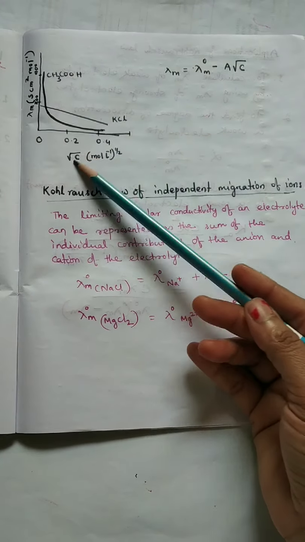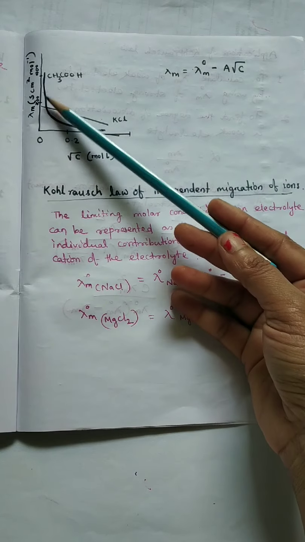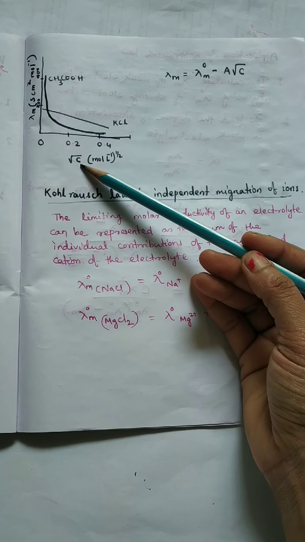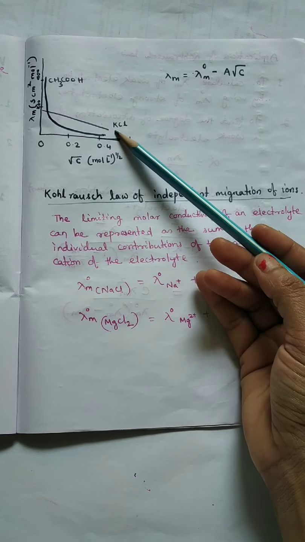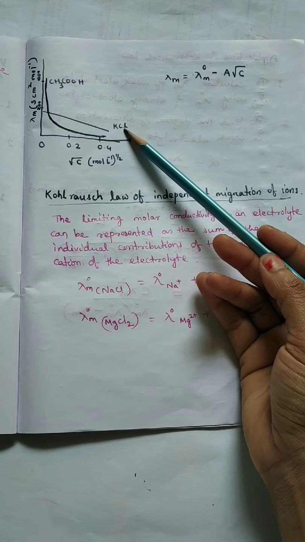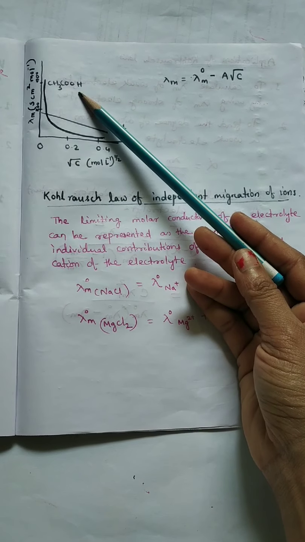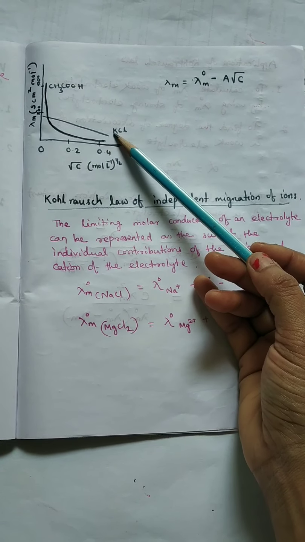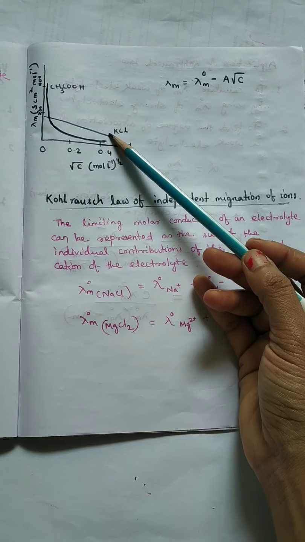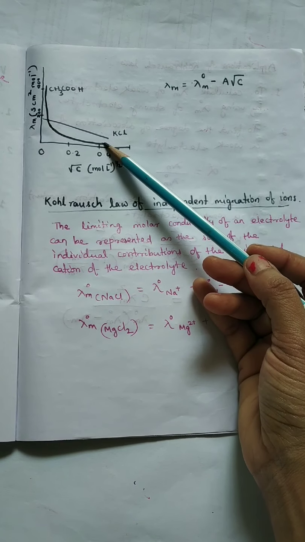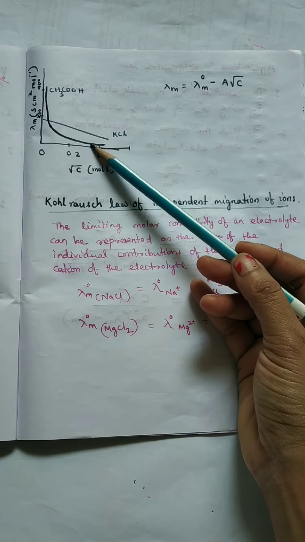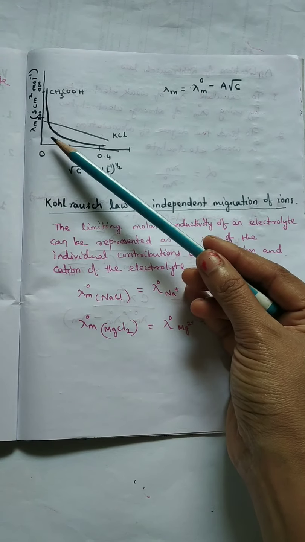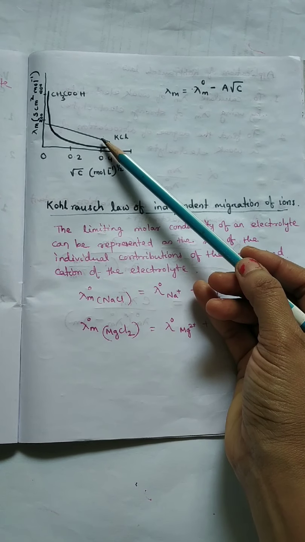You will find a diagram where molar conductivity is plotted against the square root of the concentration of the electrolyte. There are two electrolytes: potassium chloride, which is a strong electrolyte, and acetic acid, which is a weak electrolyte. At a particular concentration, the strong electrolyte has higher molar conductivity than the weak electrolyte. But as we decrease the concentration towards zero, we will find that potassium chloride